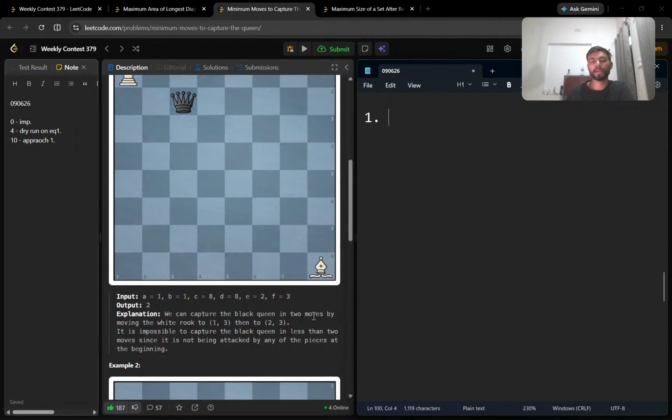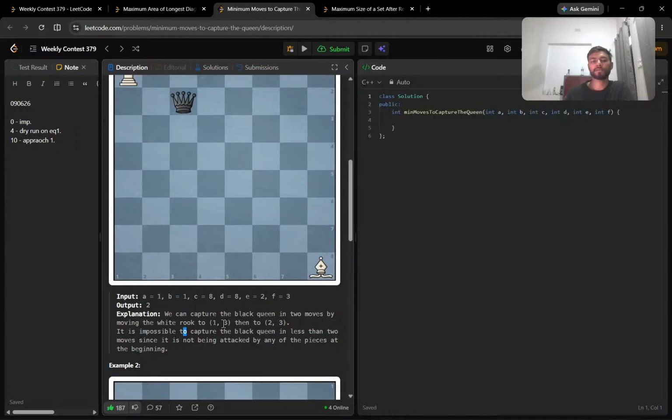We can capture the black queen in the two moves by moving the white rook in this place. So you are completely ignoring the fact